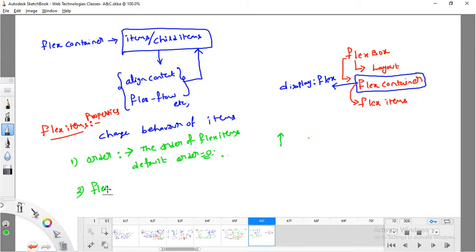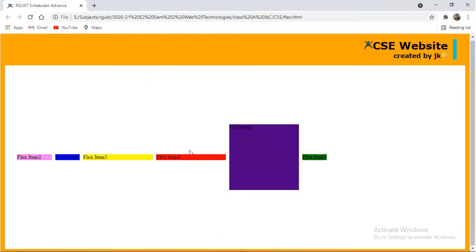Similarly, we have one more property, the flex grow property, the flex shrink property, and the flex basis property is also there. What are these properties meant for? I hope you know, right? You can observe here, even though I refresh this, what happened after flex item 4, whatever the content, whether free space is available or not.